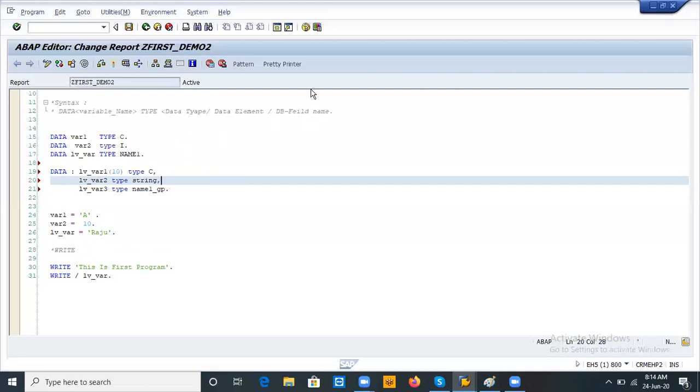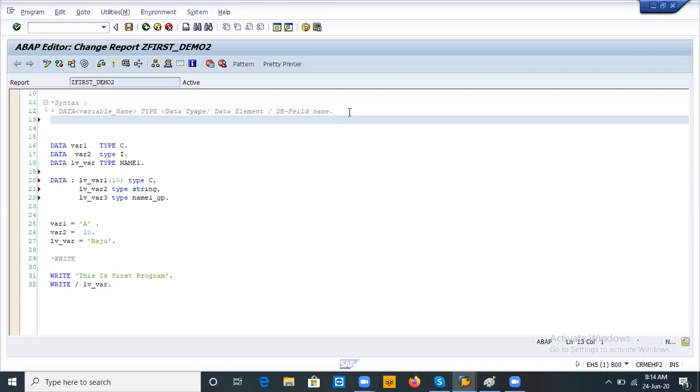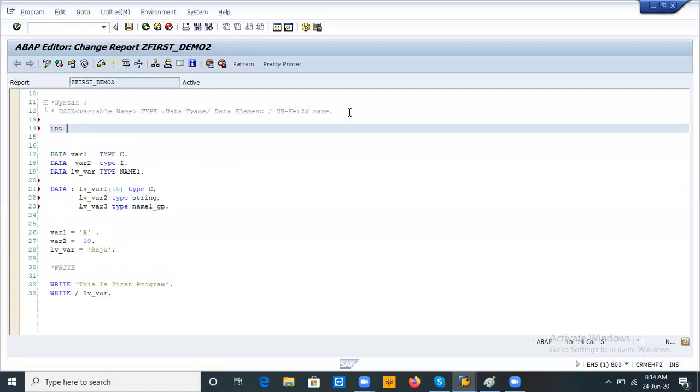But in C language or some other languages, how do we declare the variables? Like see, int i comma j comma p comma q, right? You will declare like this and put a semicolon here, right?